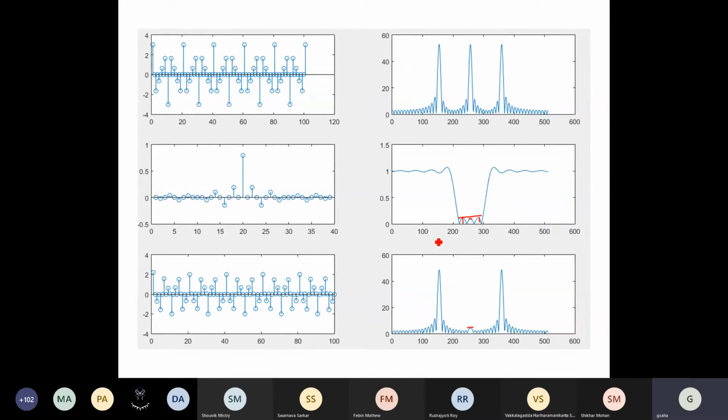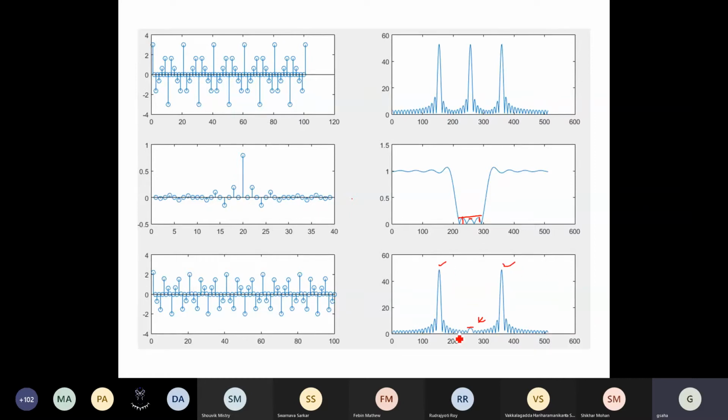And one thing that comes to our mind, given whatever we have experienced so far, is that we can play with the weights. The weights that we had seen before, we have seen that if you change the weights, the characteristics get changed. So we can play with the weights of those lag values or the coefficients and see how these characteristics change and whether it fulfills the requirement to a greater extent. It is now fulfilling the requirement. 25 Hz is removed compared to 15 Hz and 35 Hz.